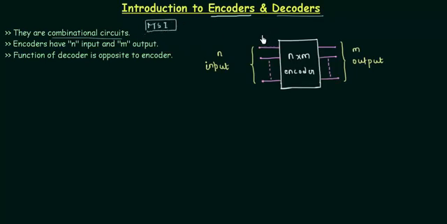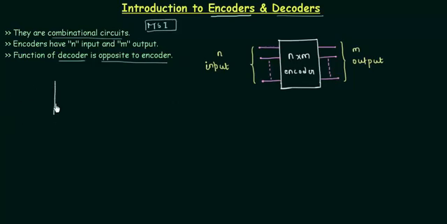If I talk about the encoder, there are n inputs as you can see here and m outputs. There is a relation between this input n and the output m that we will see now. Before that, let me tell you that the function of a decoder is opposite to the encoder, not very special. What we encode, we have to decode later on. If you are sending data, encoded from the sender's end, then you have to decode it at the receiver's end to get what the data actually was. I hope you have already heard these words, encoders and decoders, and have a small intuition about this.